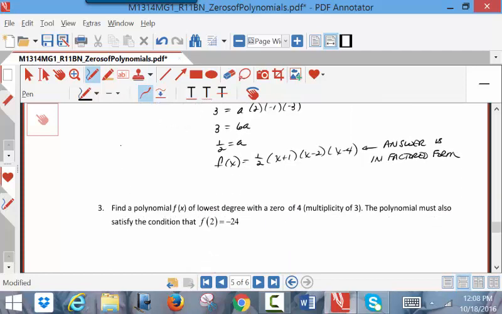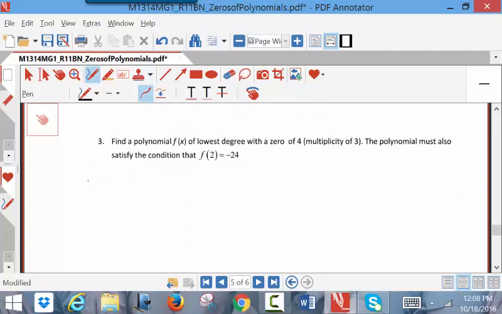I believe we have one more. This one. The only difference in this one from the prior two is all of a sudden they give me multiplicity. Okay, they give me some multiplicity. So they only give me one zero, which is occurring at the number 4. So all I have is x minus 4. But I can put that x minus 4 to a power, right? Because the multiplicity is 3. That means I'm supposed to put a 3 on that binomial. Okay, so that's the difference from this question as compared to the prior two. So again, this is almost the answer,